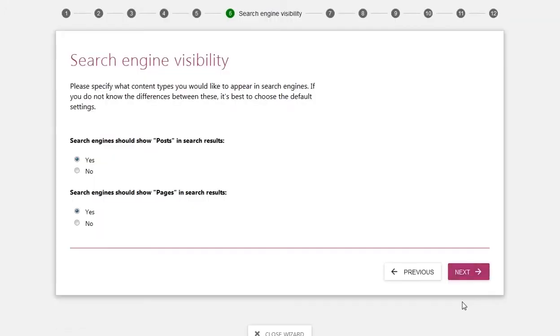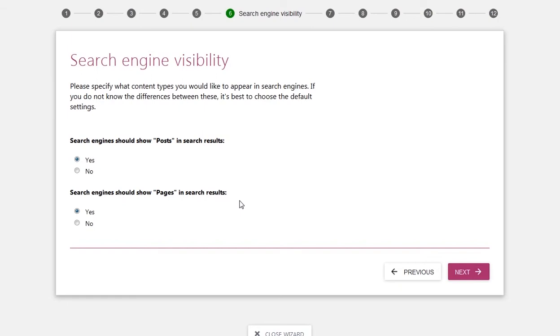So this page describes whether or not you want the search engine to index certain types of pages on your website. If you have a brand new WordPress install, then you'll probably only have the posts and the pages content types. But there are some themes that once you have them installed, they create these custom content types, such as a portfolio or maybe a gallery or something like that. And those would show up here, and you can choose whether or not you want to have the pages that are under those content types indexed with Google as well. Most of the times you will,